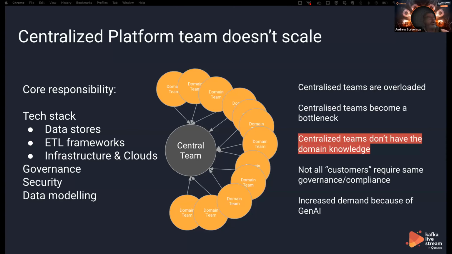This is why a lot of data warehouse projects I've seen over a long time failed, because there was a constant effort on data modeling. And why did it fail? Basically because you become overloaded. There are so many people wanting you to do things. I used to have a line of people standing at my desk wanting me to build things for them to move data around. So these centralized teams become overloaded. They become the bottleneck, a huge bottleneck, which stops and slows down the innovation.